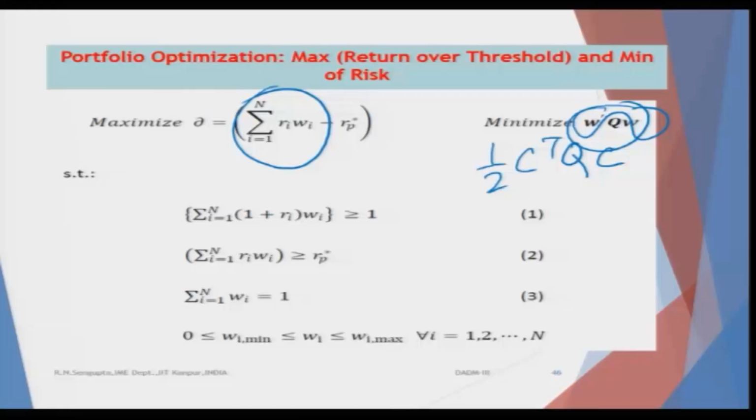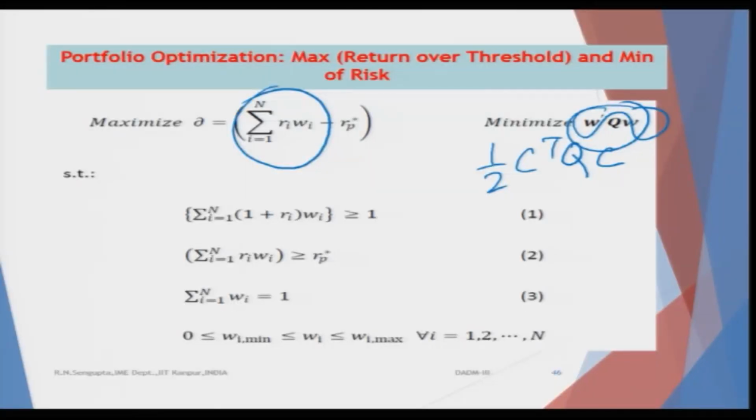So, in the first case, the first constraint basically means that there would be some Ri which are positive, there would be some Ri which would be negative, but you will basically formulate that in such a way that 1 plus Ri multiplied by the weights should be greater than the value of 1. 1 means basically the returns which you are ensuring, as when you start at a value of 100 or 1 or 2000, whatever it is, that value has to be greater than 2000 or 100, whatever.